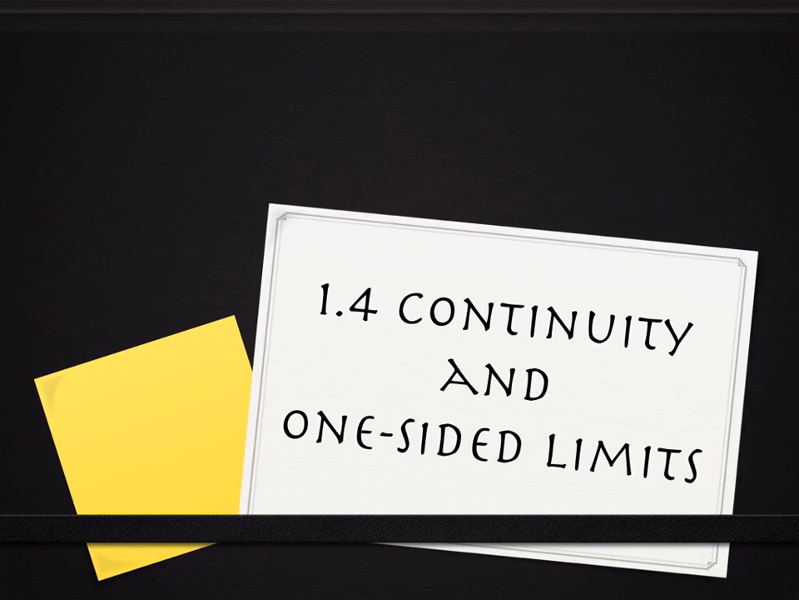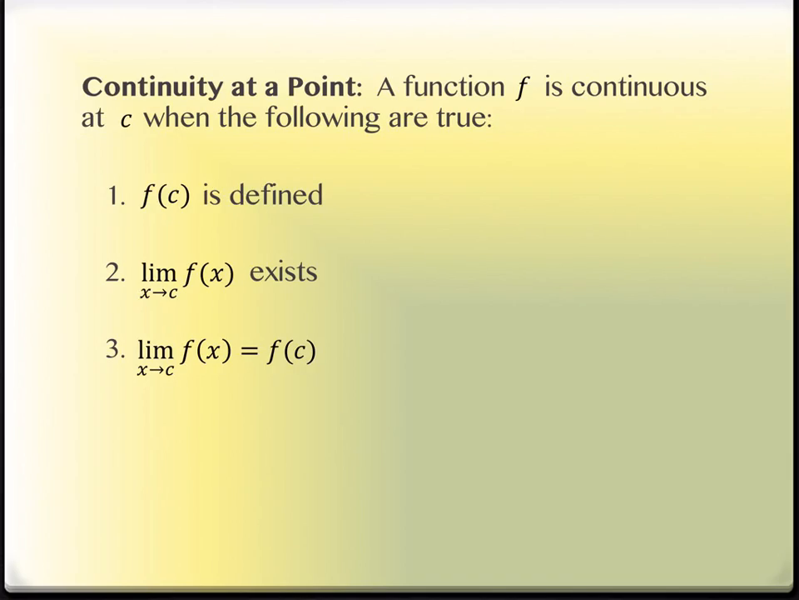Section 1.4 is titled Continuity and One-Sided Limits. And the first thing we're going to talk about is continuity, several times in this section. The first continuity we're going to talk about is continuity at a point. So at a very specific one point in space, a function f is continuous at point c if the following